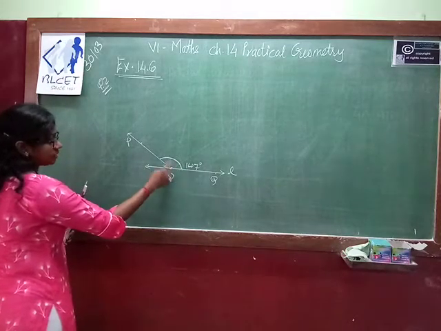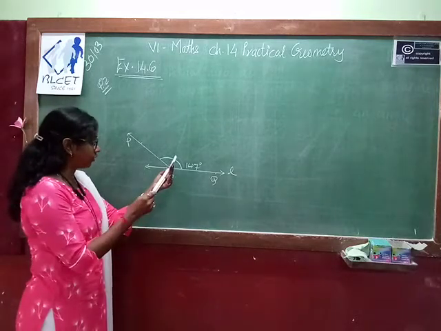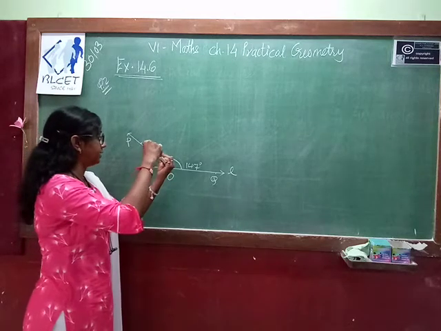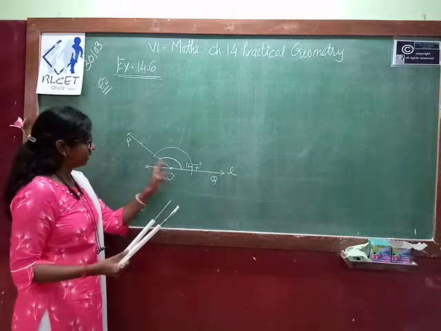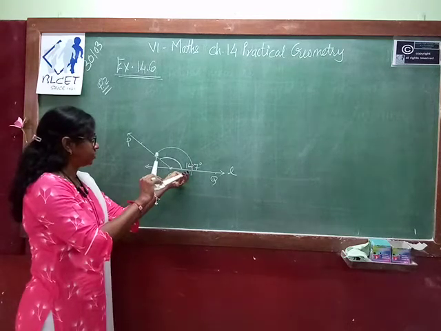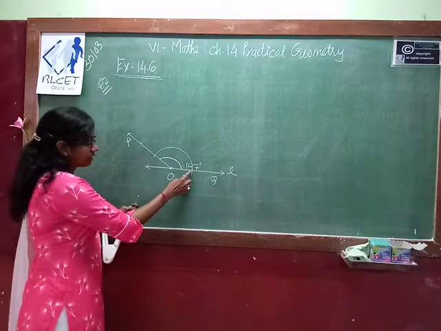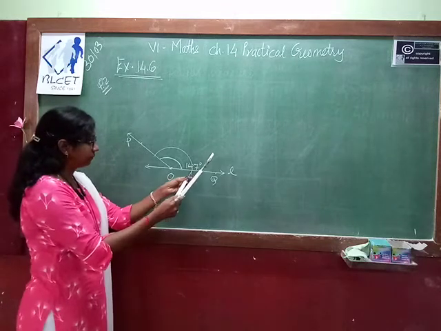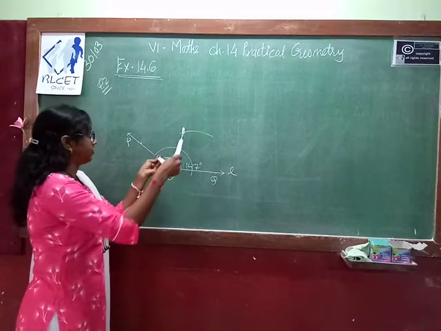You have to measure between these 2 points, or what you have to do, you have to draw an arc. If you want to draw a bisector, you have to draw an arc. Now we take the distance between these 2 arcs. So where this cuts these points, we have to take the distance between this point and this point, that we have to measure on the protractor. Then draw an arc above. From here also draw an arc.